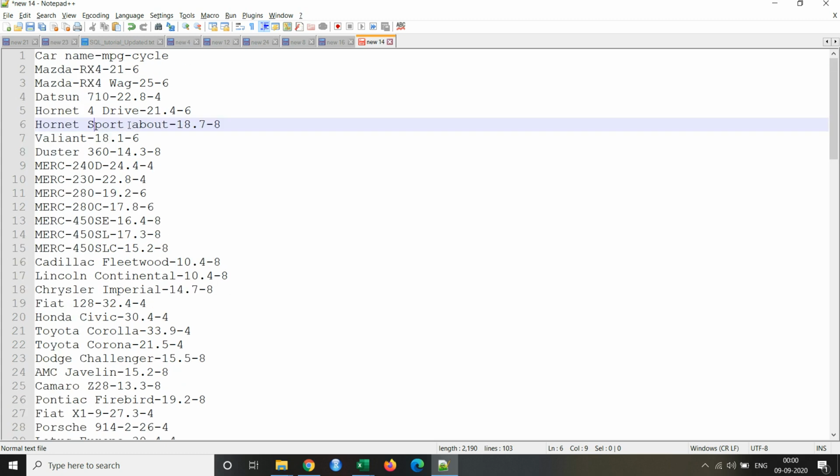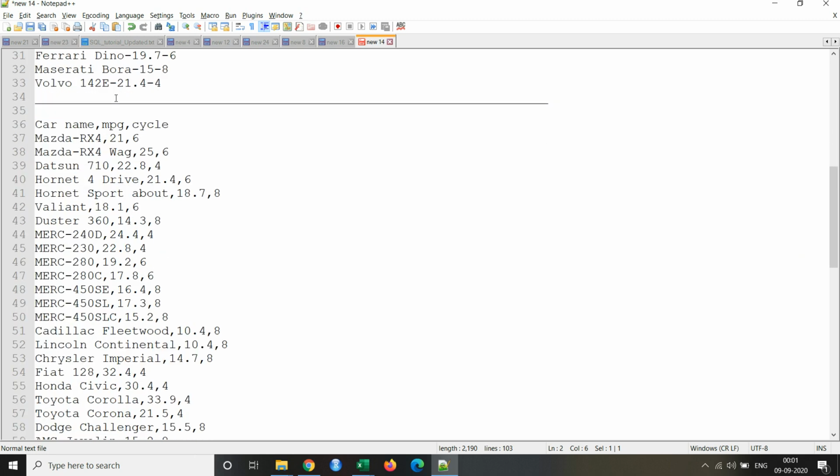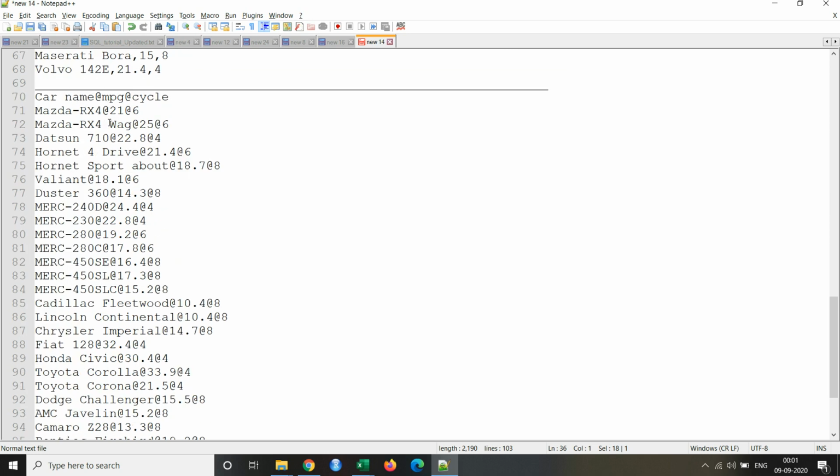So it's kind of tricky how you will do it, because there is a special character which is segregating your columns, as well as your column value also containing a special character. Similarly, I'll show you another example where our special character is a comma. There is a first column, then a comma, then the second column, a comma, then the third column. So in this example our data is segregated by comma. The third and last example that I'll show you is where the columns are segregated by the special character @.